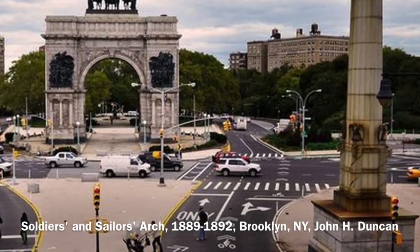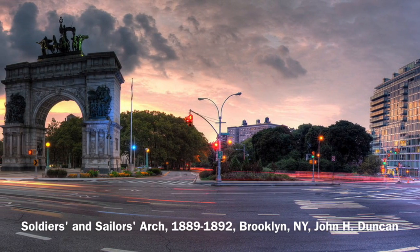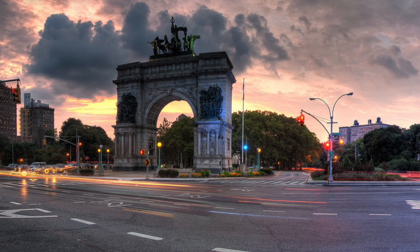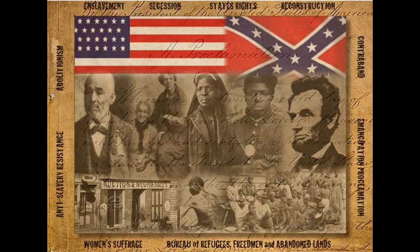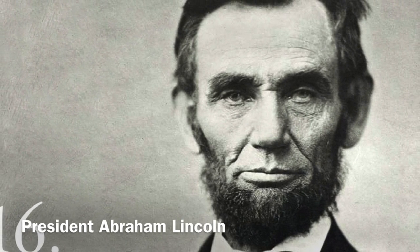The outside to inside transformation that occurs when passing through a triumphal arch not only symbolizes public participation, but is also a physical act of public participation. The Civil War was fought to determine the survival of the Union or independence for the Confederacy. With the victory of the Union in 1865 came the inspiration for the three Civil War amendments, which were ratified between 1865 and 1870. Under the 13th Amendment, slavery was abolished, while the 14th Amendment granted citizenship to all persons